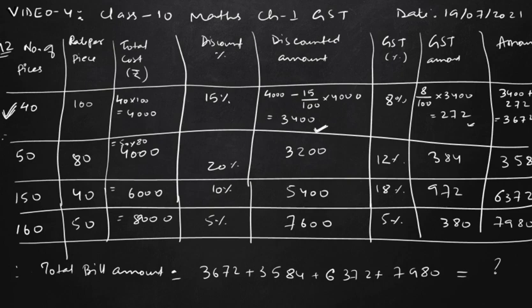So let's move to question number 13. It is also very easy. Turn to page number 14. Okay, question number 13. It is given that a cycle manufacturer in Ghaziabad, which is in UP, sold a cycle to a dealer in Agra, which is in UP, for 16,000, and again this cycle was sold to a dealer in Ujjain, which is in MP, for 17,500. And if the rate of GST is given, then we have to find the net GST payable.